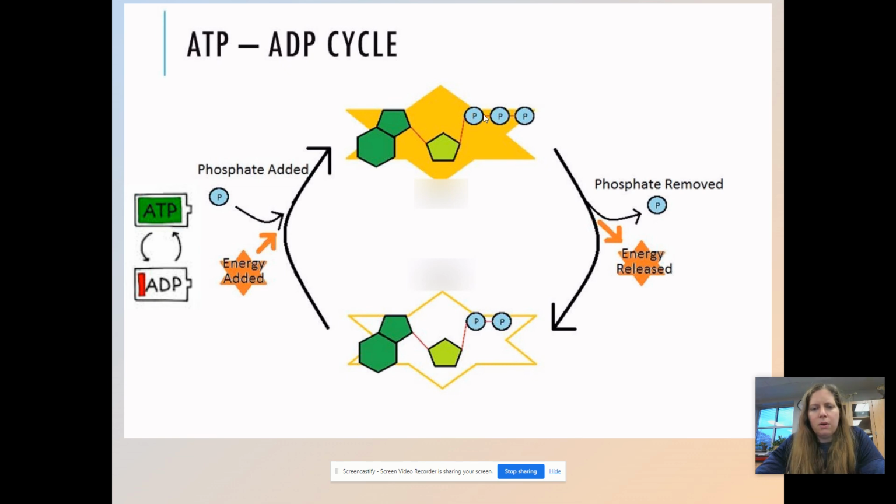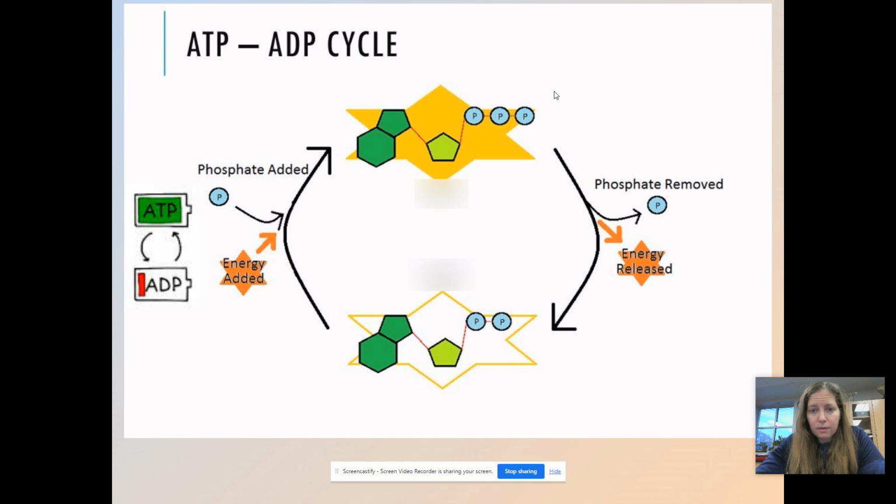And this molecule stores a lot of chemical energy in the bonds between the phosphate groups. Phosphate groups are negatively charged. They don't really like being next to each other. And so it takes a lot of energy to hold them together, and that energy is potentially going to be easily released